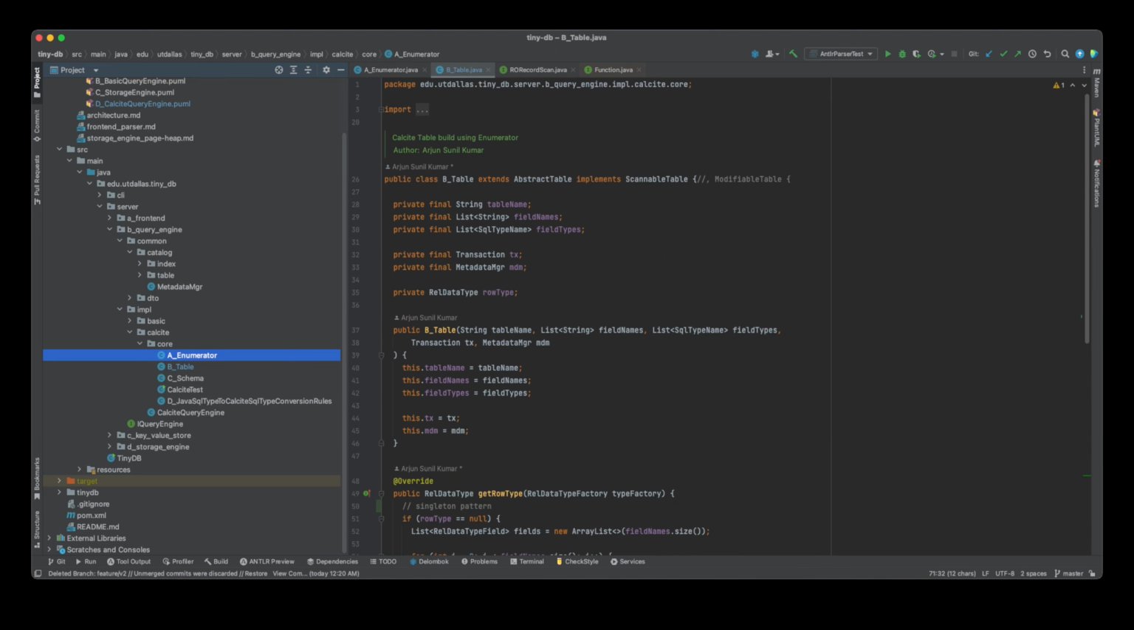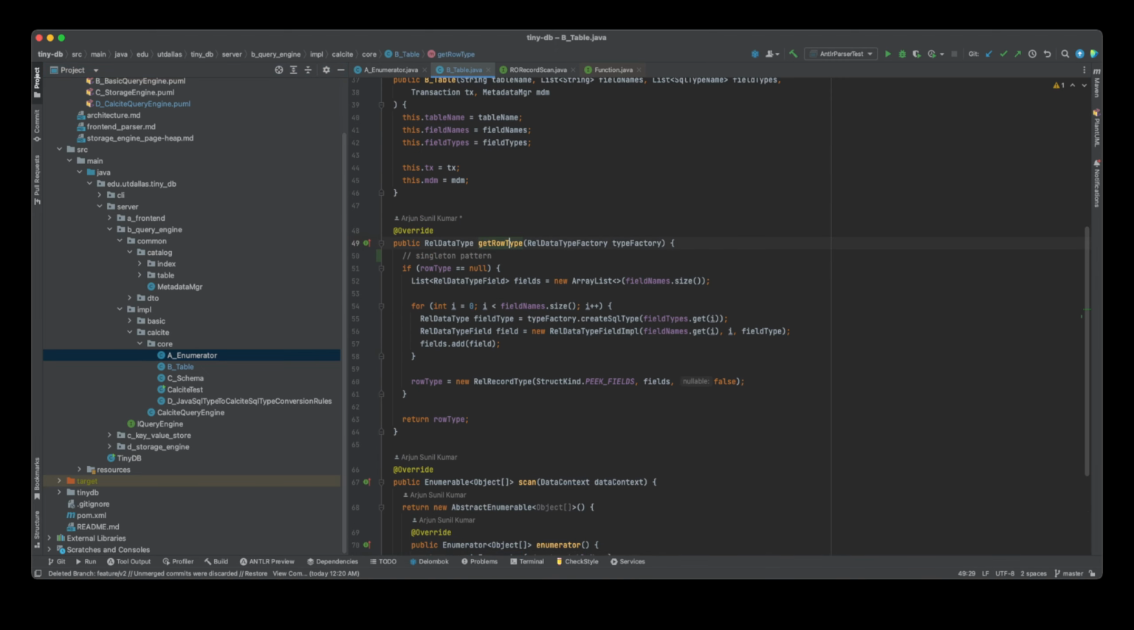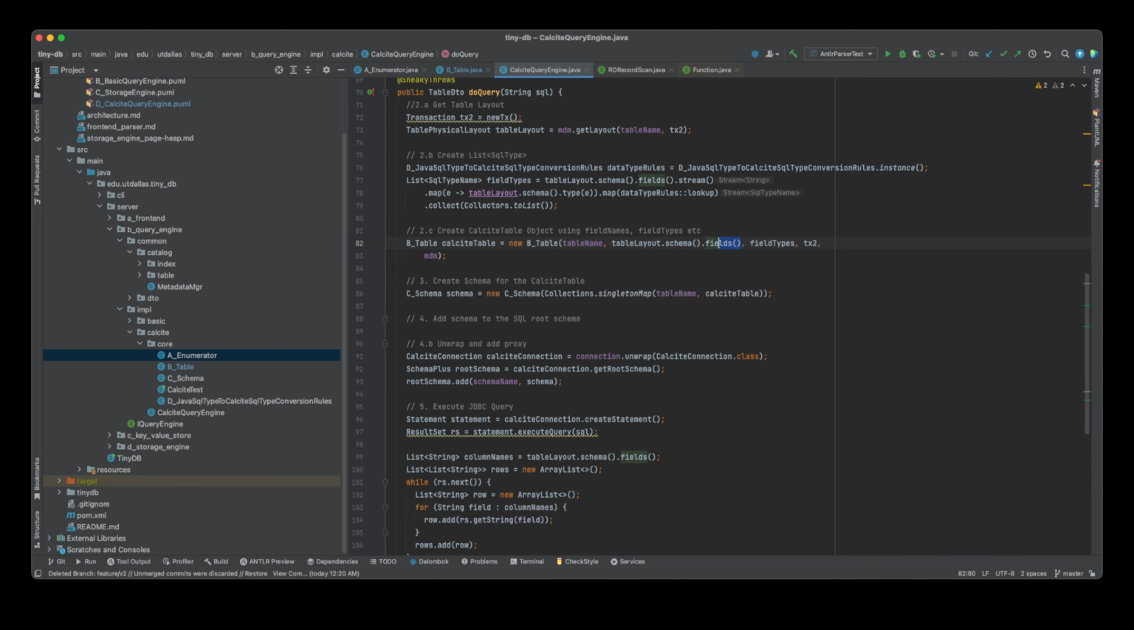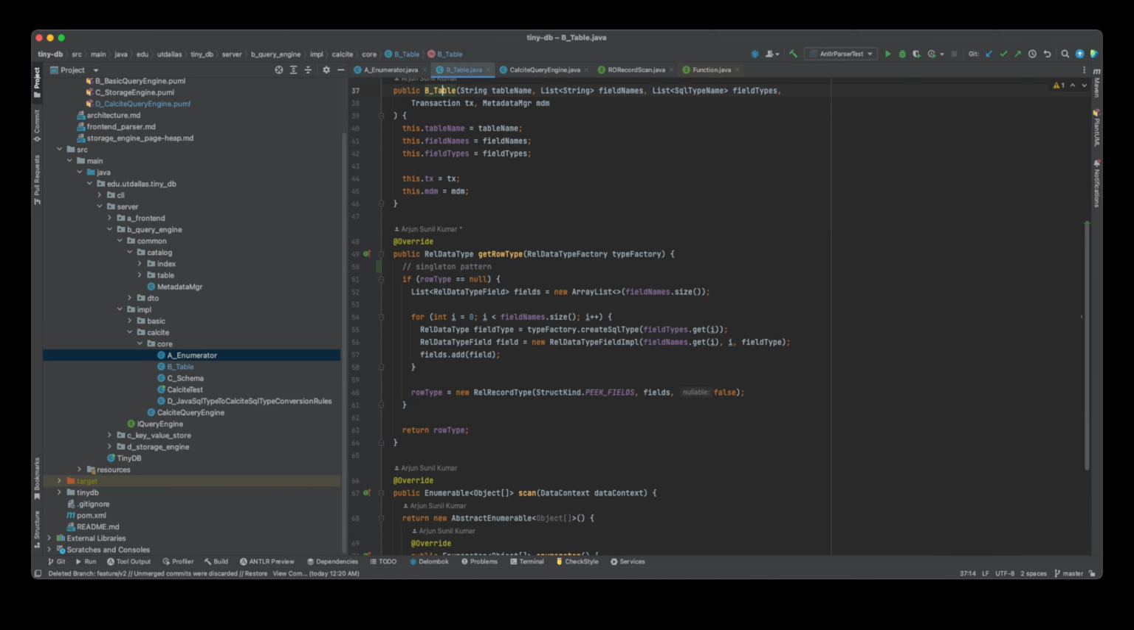All right. For the get row type, what we are doing is kind of a singleton pattern. If the row type is null, then we initialize the row type, else we reuse the row type. So we go over the list of field names. I think field names are already passed when we create the table. Here you can see that the field names are passed. With the field names, what we do is